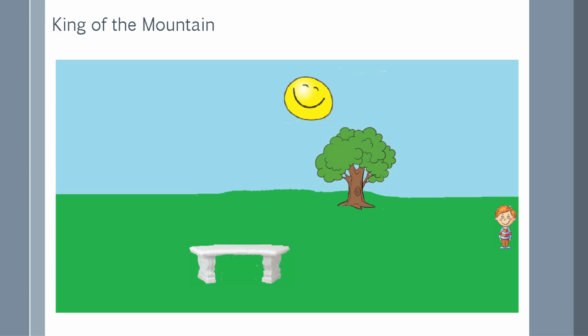I was pretty scrawny, but I could run fast, so I often beat my classmates to the bench. Here I am at recess, headed toward that prized mountain. As the first one to reach the mountain, I was the first king by virtue of no competition up to that point. For a very short time, then I was the current king. My reign wouldn't last very long because somebody else would soon reach the mountain.